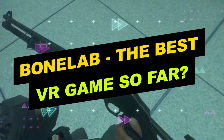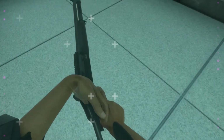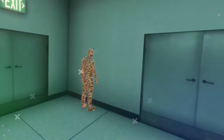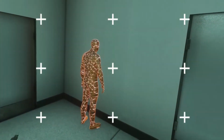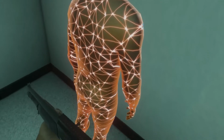BONELAB, the best VR game so far. More than just a VR shooter is what BONELAB offers. The purpose of a changing game character and giving them entirely varied proportions is to invoke the sensation of a wild body. For example, the quick-moving figure can instantly transform into a large warrior or a little cat for squeezing through